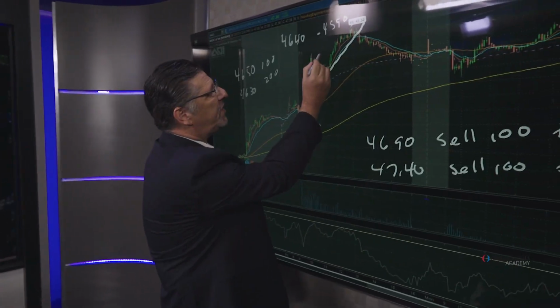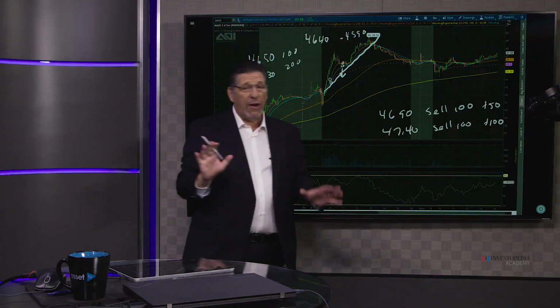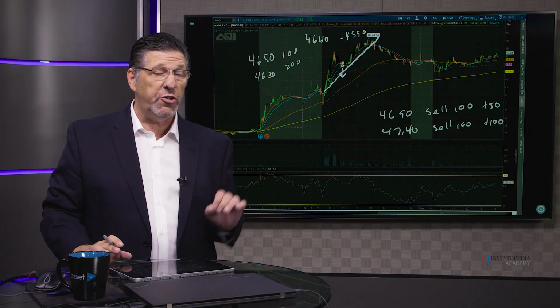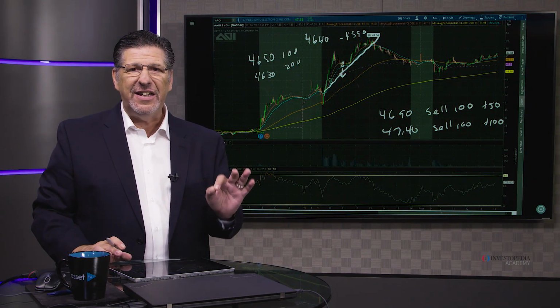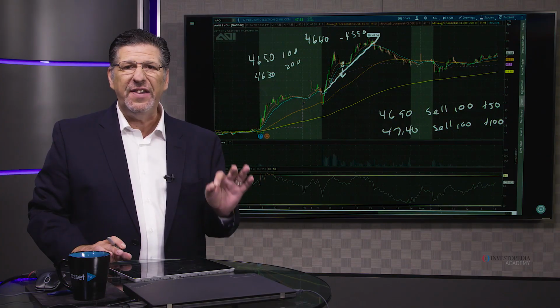We sold one at $46.90. We sold one at $47.40. Great. Now we have put some profit in the bank. We're up $150, and we have 100 shares of this trade left. We will not exit this last 100 shares of our trade until the stock tells us that it's going to